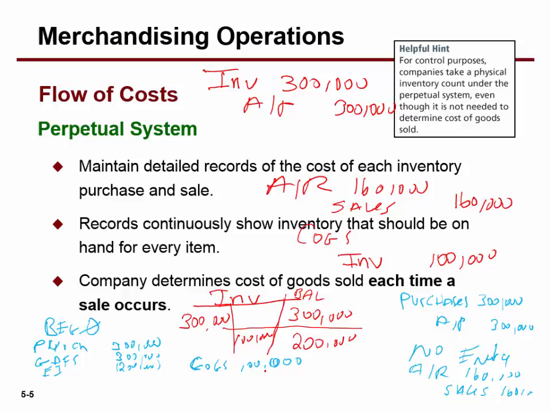Now you may be saying, well, why would somebody pay 160,000 for something that cost 100,000? That's the retail business, right? At Nordstrom, they have a person playing the piano, and they spray good smells in the air, and you walk in there and you go, oh, I'm willing to pay 160,000 for stuff that only costs 100,000, right? But this is the nature of business. And it could be the brand. Maybe this stuff is made in a factory in Iowa. Who wants to go to Iowa, right? You get to have it in a nice store right here in California. So there's a lot of other factors that go into that.